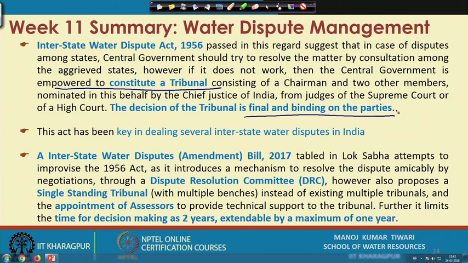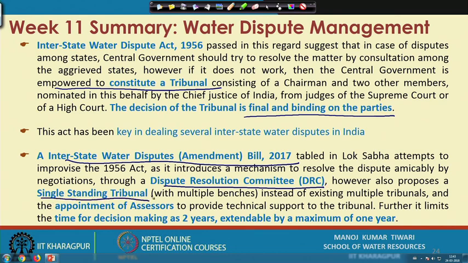There were some issues with the act, which was tried to be improved through the Interstate Water Dispute Amendment Bill, which was tabled in the Lok Sabha last year. It has still not come as a regulation though, but the bill introduces quite a few things involving the possibility of amicable resolution through negotiation using a dispute resolution committee, or apart from that it proposes a single standing tribunal